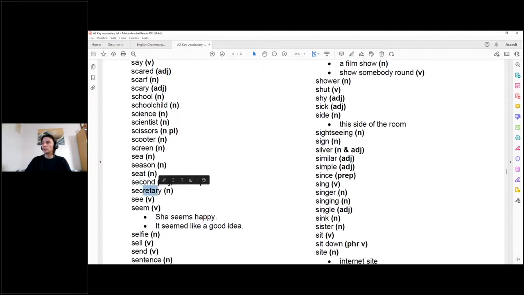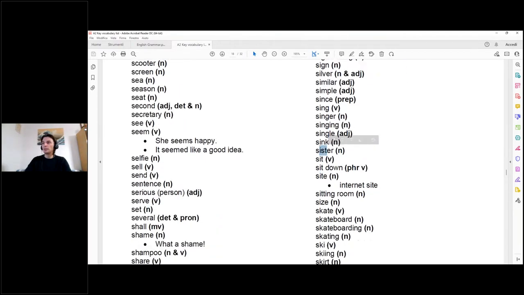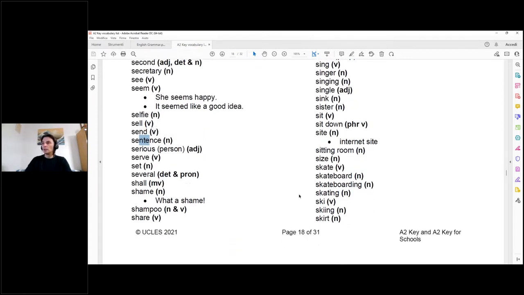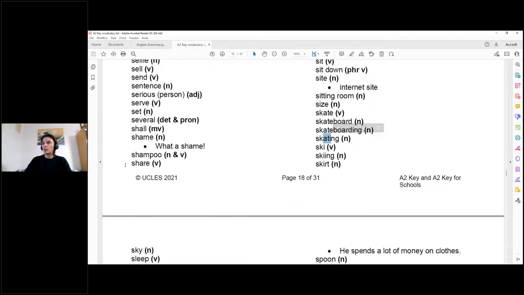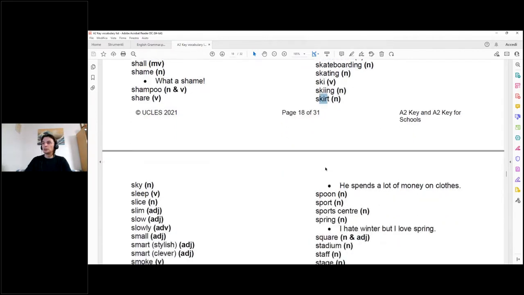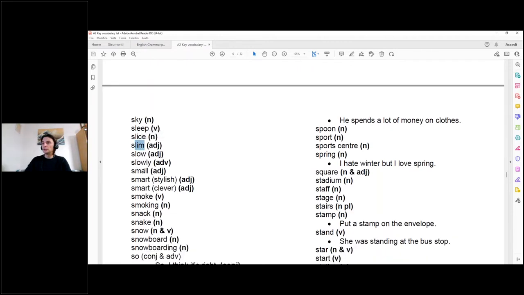Secretary, segretaria, single, sister, sorella, sentence, phrase, una frase, it's a sentence, skating, pattinare, share, condividere, skirt, gonna, spoon, cucchiaio, slim, magro, smart, there you go, smart, clever, intelligent,